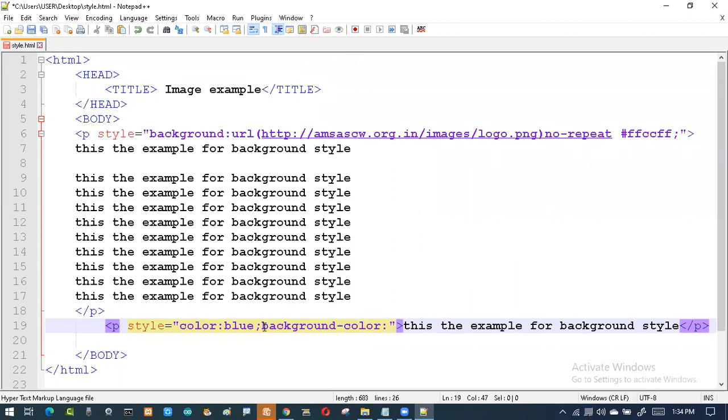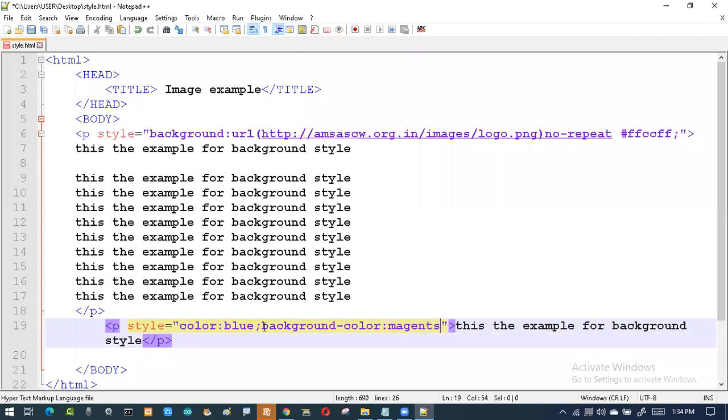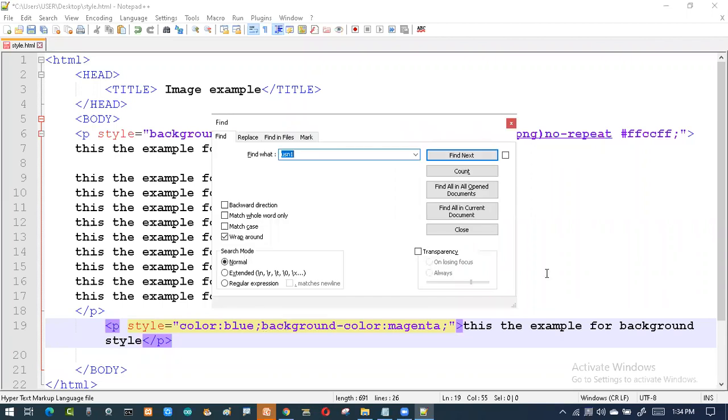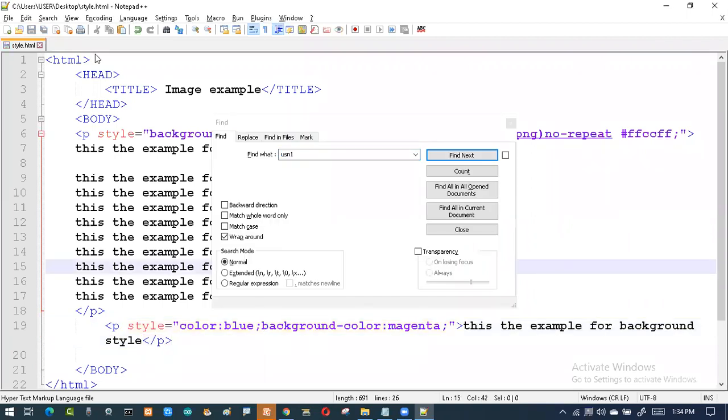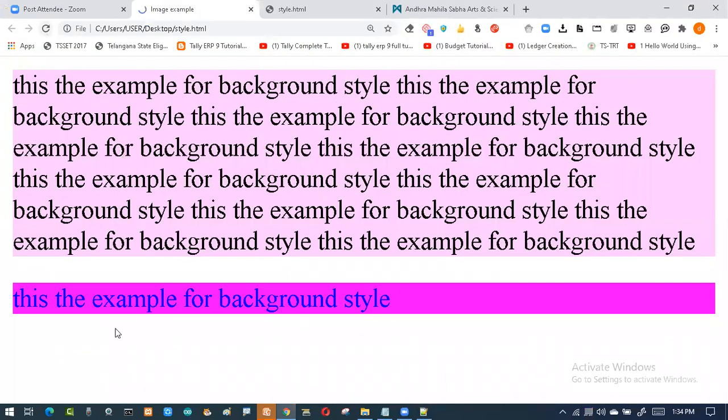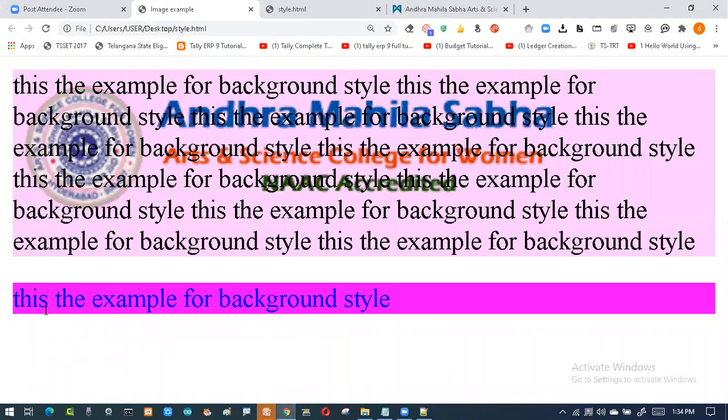Here I'll say magenta, then semicolon. Now I'll see the output for this. So now I'll say refresh. Now you got the output. See, the text color is blue, the background is pink, that is magenta color.